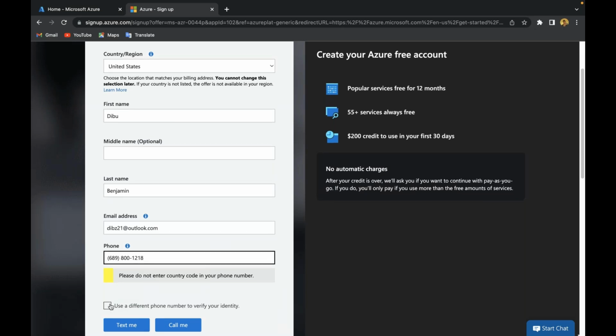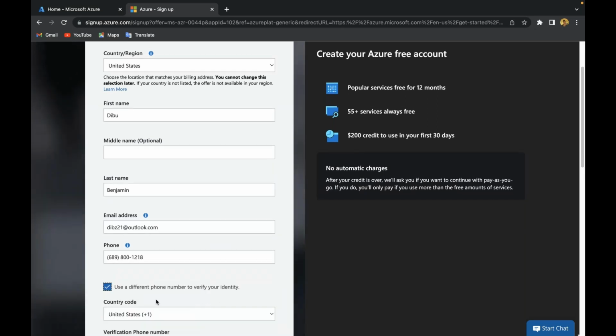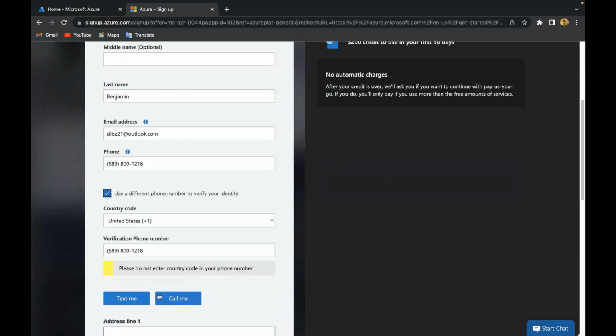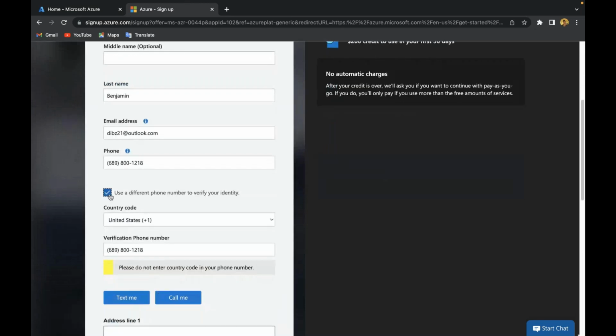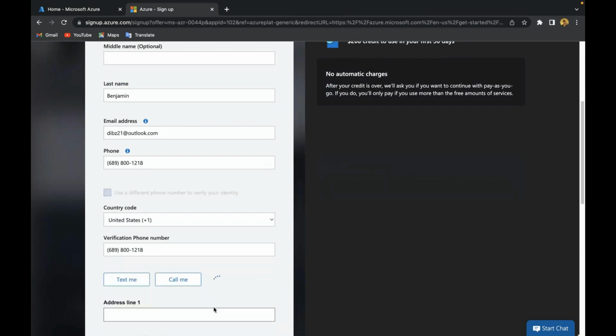It will ask you either text or call me. Choose whichever option you want so that you'll get a verification code. Please type in what you received.